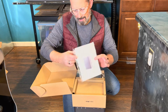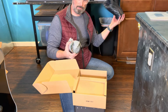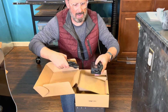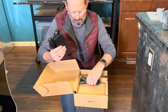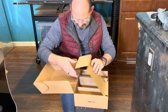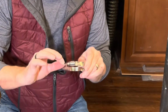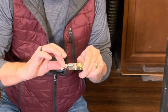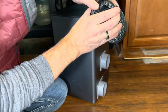Okay, so here's the starter pack, venting system that's going to match the venting system that came with the Snapmaker 2. That's the power supply, these two, and then there's the connection cord to go to the computer of the Snapmaker machine. I really like that they give us these connecting rings, which have the great wind-up mechanism on here so that I can just tighten that by hand. It's all in here compressed. So we're going to put this on